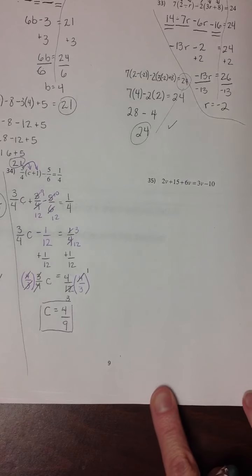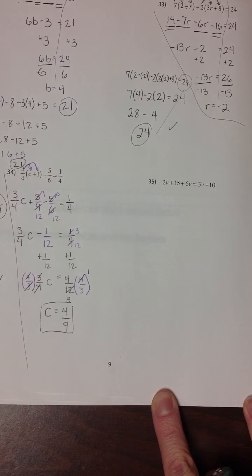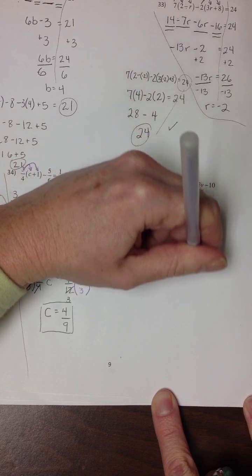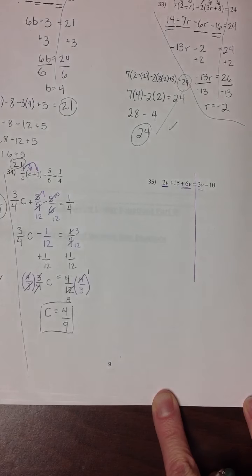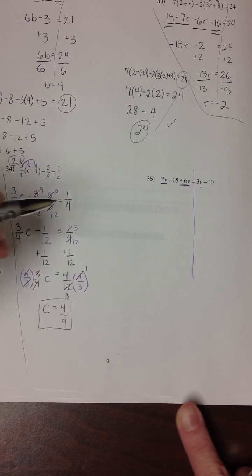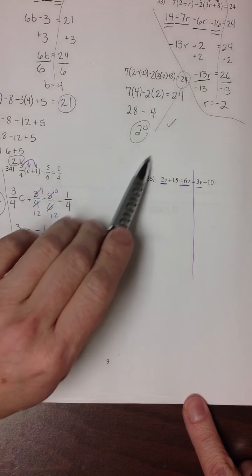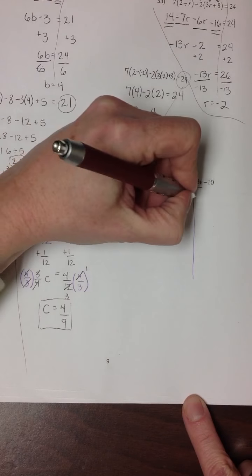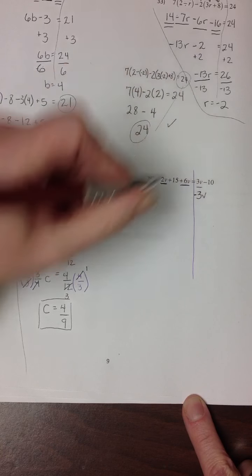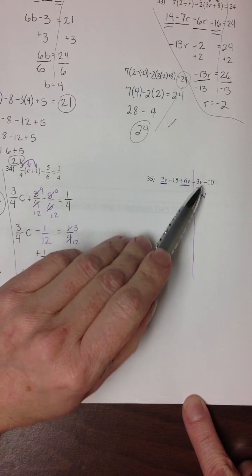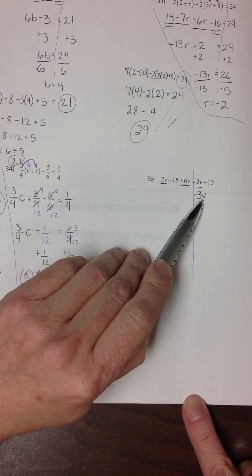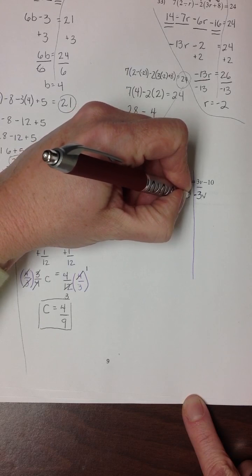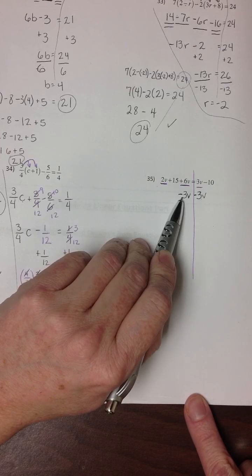Our final example on this page finally sees a case where we have variable terms on both sides of our equal sign. So if you think back to that additive property of equality, you can move a term with its variable to the other side as long as you do the same thing to both sides. So if I subtract 3 v's, not just the 3, but the 3 and its v from the right side, and do the same thing on the other side,